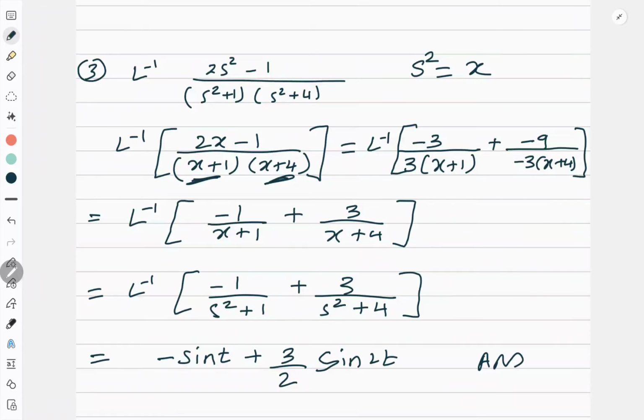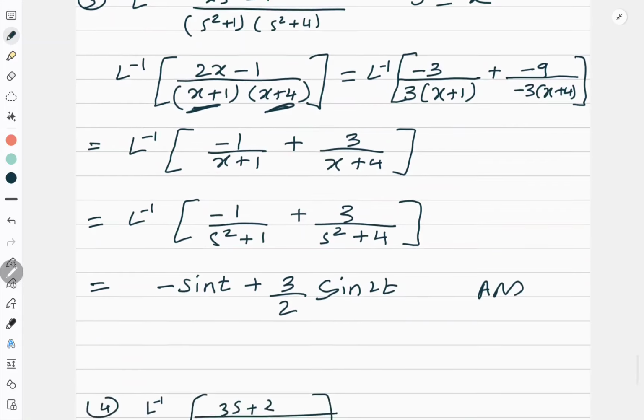Whenever you see this, make sure that everywhere it should be s square. If it is s in one place and s square in another place, then I can't do it. Everywhere it should be s square or s cube. s cube won't be there because we don't have the direct formula for s cube, but if it comes in a certain format, then they can give it. So always remember there should be uniformity in that. Okay, let's move to the next question.